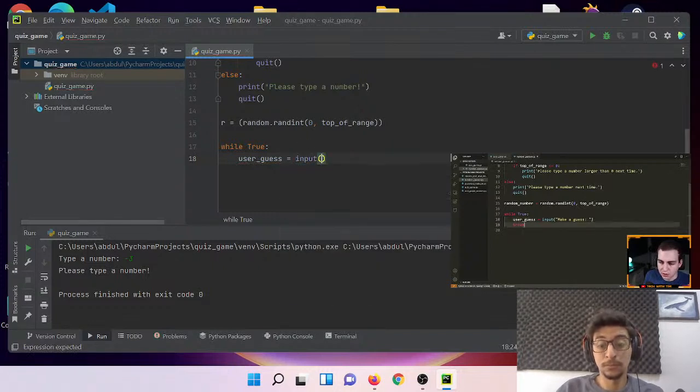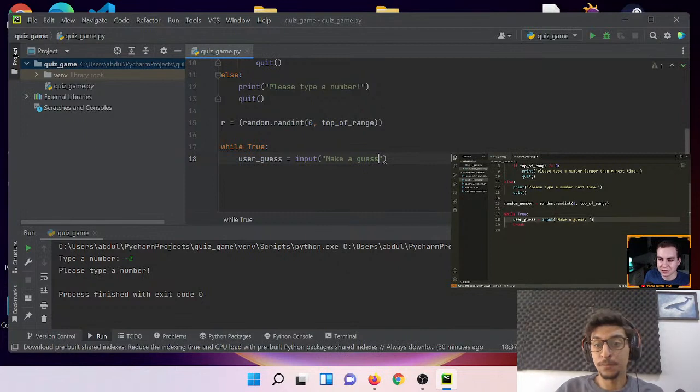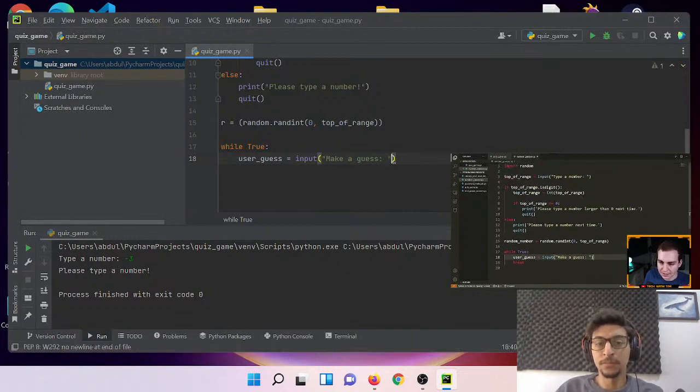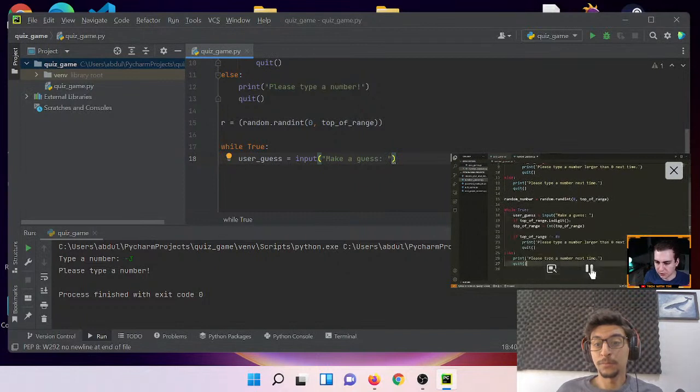Now, same thing here. We need to check if the user's guess is actually an integer, right? And so I'm going to copy exactly what we just did right here and paste it down below. And I'm going to say, okay, instead of top of range, if user_guess.isdigit(), then user_guess is equal to